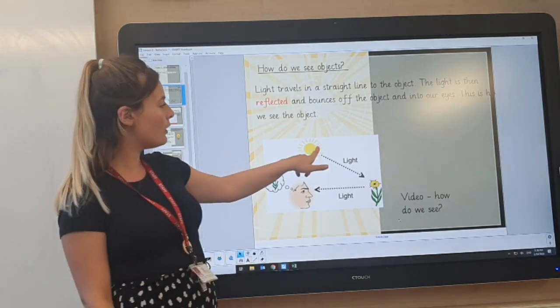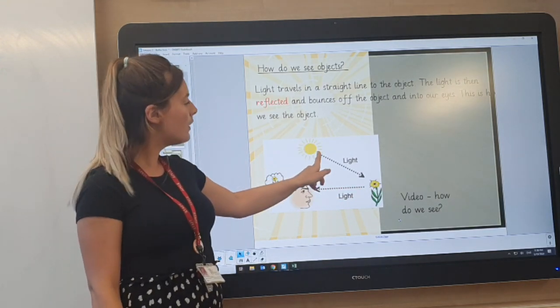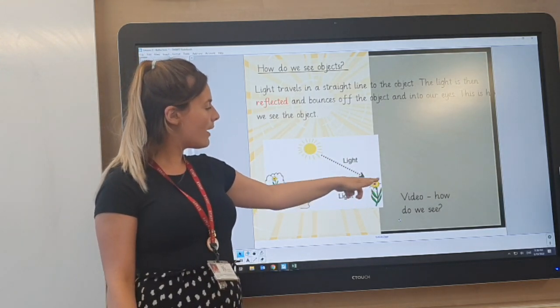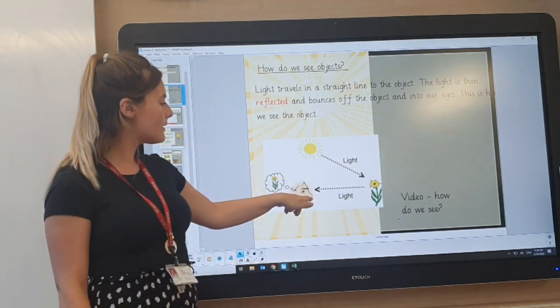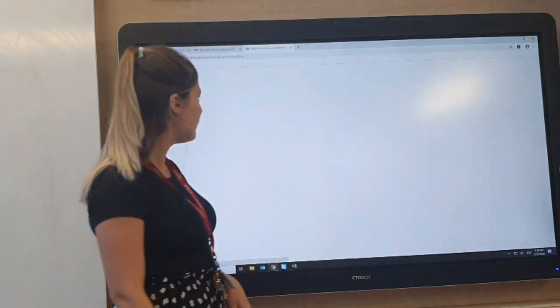So I've got a diagram for you here. Got the sun, our light source, going towards the flower. It then bounces off, reflects off, and it goes into our eyes. That is how we can see. Now I have a video for you,